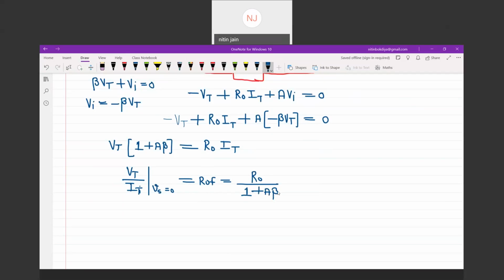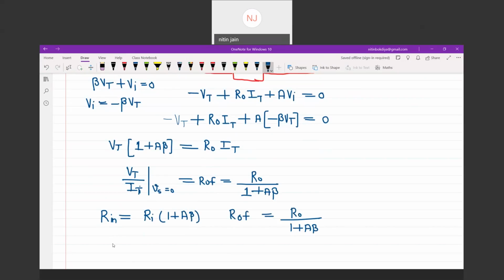So this is how feedback is helping us to achieve what we require as a voltage amplifier. What do we require as a voltage amplifier? Our requirement is Ri must be high. So you can say input resistance is the previous open loop Ri into 1 plus A beta. जो क्वांटिटी इंक्रीज होगा वो भी 1 प्लस ए बीटा से इंक्रीज होगा, and the quantity which decreases, you can say the output resistance with feedback is RO divided by 1 plus A beta. So you can modulate the resistance level with the help of feedback.